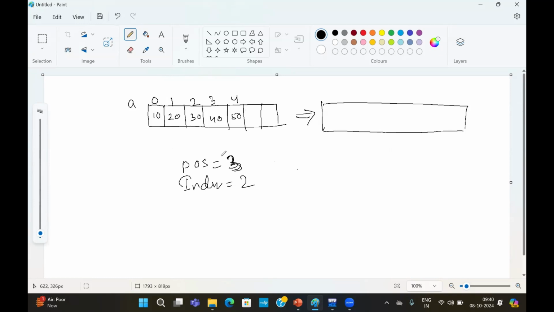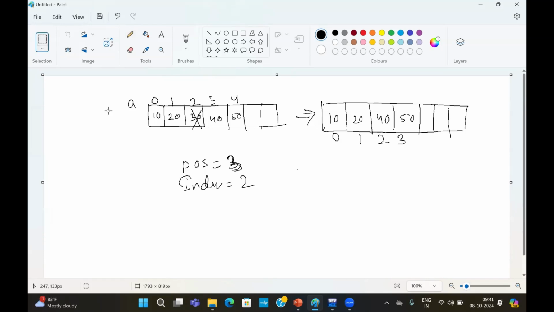So what is the variable name? Variable name is position. If you have doubts, just go to the previous video where I have explained how to insert the value. So for example, our task is given to us that you have to delete the third position element. Third position means this element should be deleted. So after deletion, what should be present? 10, 20, 40, 50. And indexing should be 0, 1, 2, 3. Please enter the position to be deleted and we store it inside the position variable. Next question, how to do it? As I have already explained, two things we have to do.